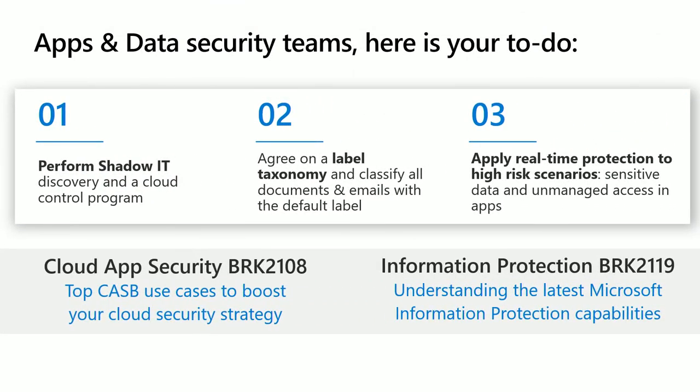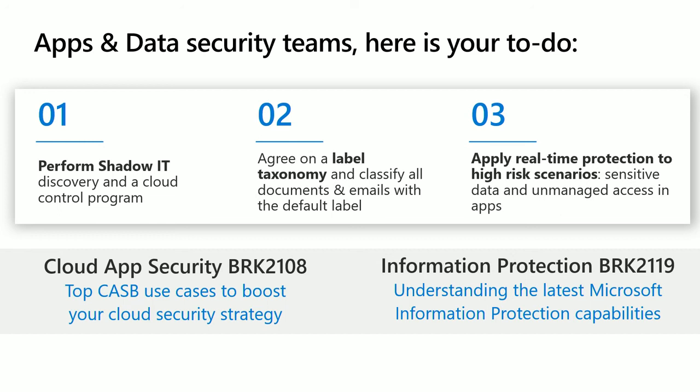Last, perform shadow IT discovery. Very important. Otherwise, you don't know what you need to control. Second, agree on a label taxonomy for your classification. We offer you out-of-the-box taxonomy so you can leverage and apply it across the board. Believe us, in Microsoft, we give you the same thing by default as we use in Microsoft, and we have been through at least a few versions of this. And we're now pretty settled on what we offer you. Use the default. If you really want, you can change it, but you can start.